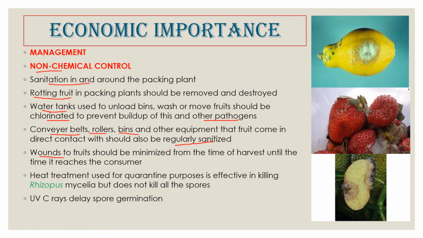So if there is a maximum number of fruits with wounds, then there is a maximum possibility of getting the Rhizopus infection. And especially, while harvesting, we should not harvest very ripe fruits. We should harvest before the ripening process starts, because once the ripening starts, then what will happen is that the